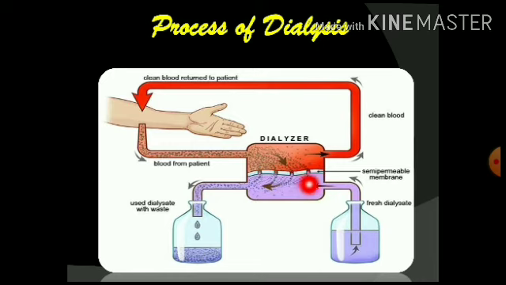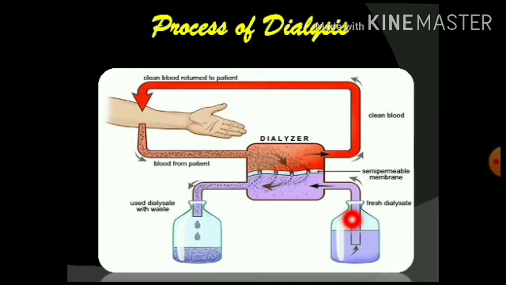Now this dialyzing fluid is continuously replaced so that the concentration of waste materials is always maintained lower. Whatever blood is coming here, the concentration of waste material is higher in the blood and it goes on moving towards the dialyzing fluid. Once the waste materials have moved into the dialyzing fluid, the blood is filtered and free of all the waste materials, and is carried back to the human body once again. This is how it acts as an extension of our circulatory system, which helps in filtration of blood.